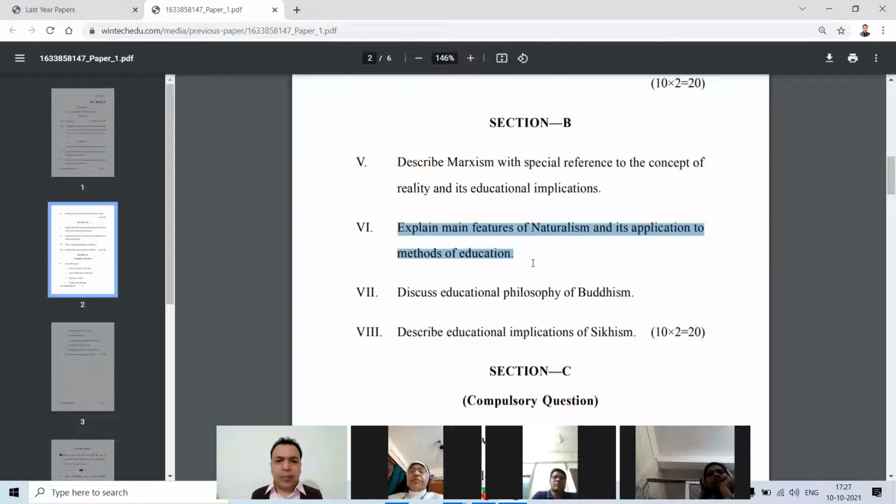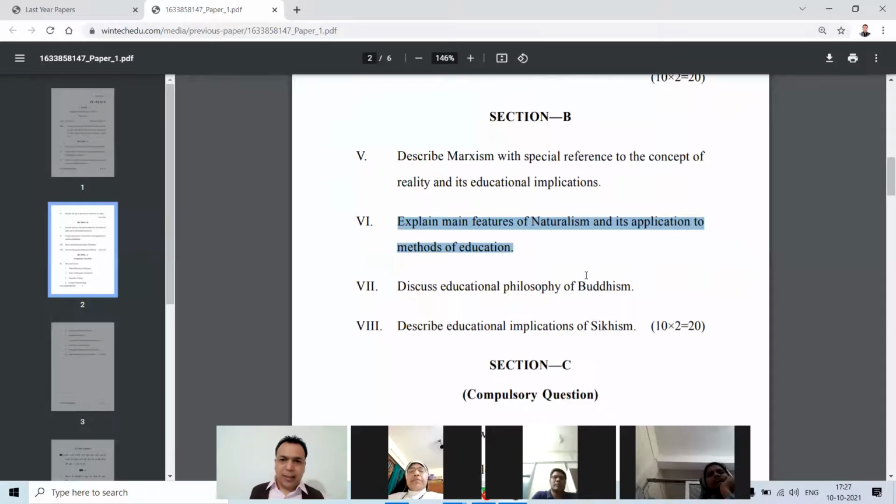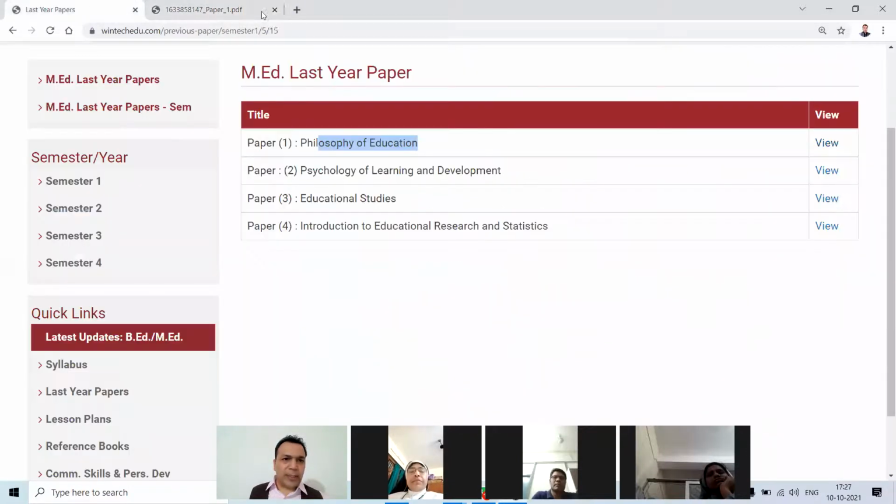But sometimes the examiner will ask, define the naturalism philosophy of education. So then what you have to write, this is the most important thing, na. What type of questions would come, the same question would come, but sometimes the examiner molds it and puts it in. Okay, see, paper 1 has come, right.